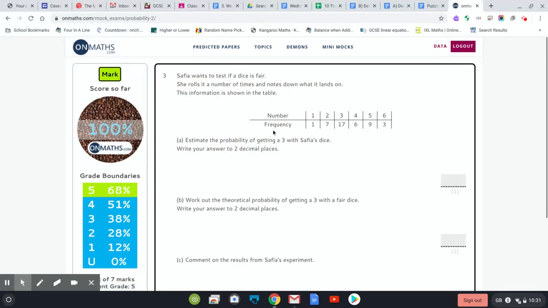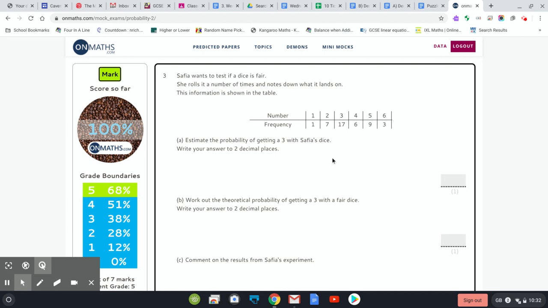Okay, this one, this is the numbers on the dice. So there's 6 sides on the dice. This is the number of times it came up. So frequency is the total number it came up. So there was 3, the number 3 came up 17 times. So you add up the numbers, 1 plus 7 plus 17 plus 6 plus 9 plus 3 equals,